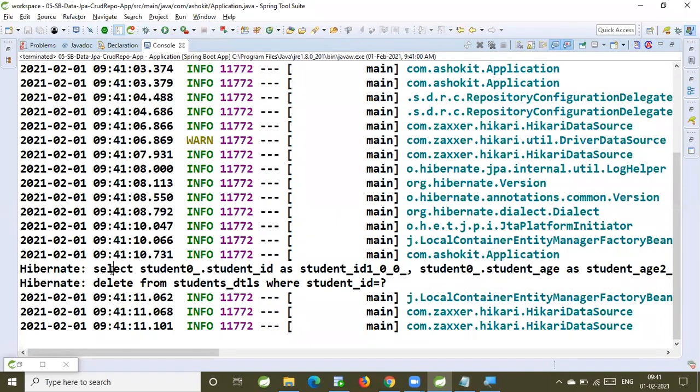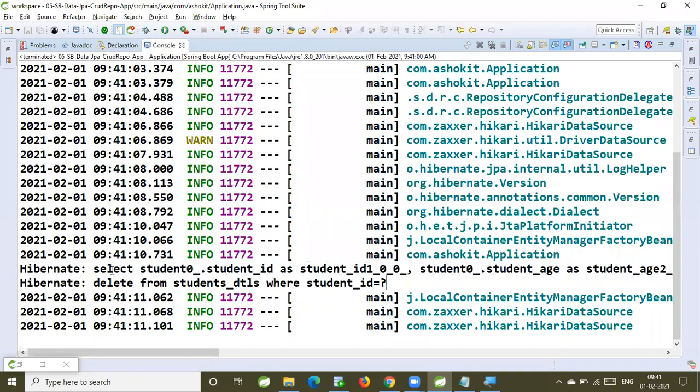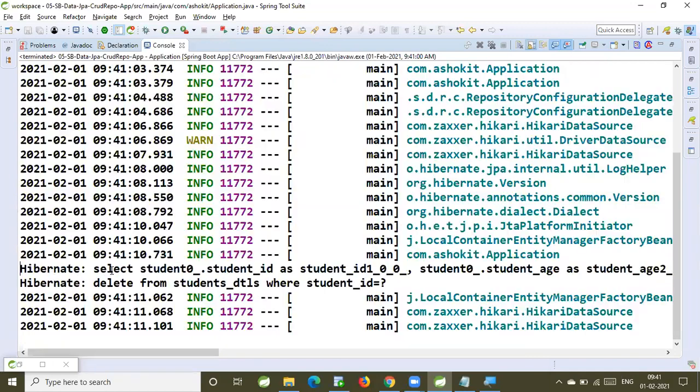Now, first it executed a select query. Why did it execute a select query? Checking whether that ID record is present or already exists or not. It is deciding whether to execute the delete query or not. First, it is trying to fetch the record with the given primary key. If the record is available, then it is going to execute the delete query to delete